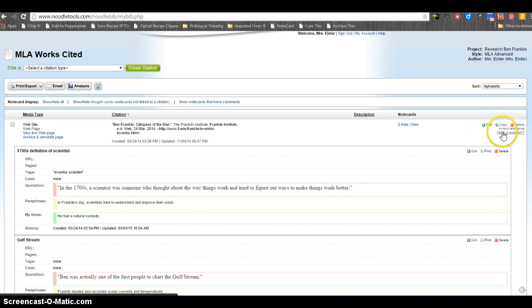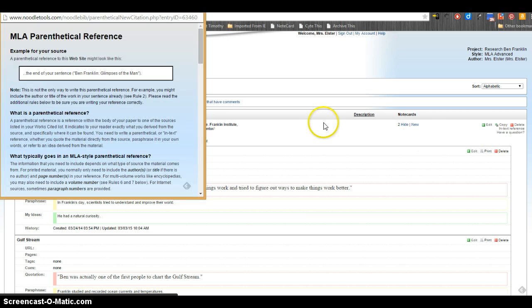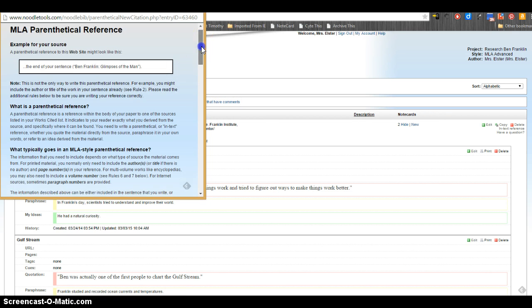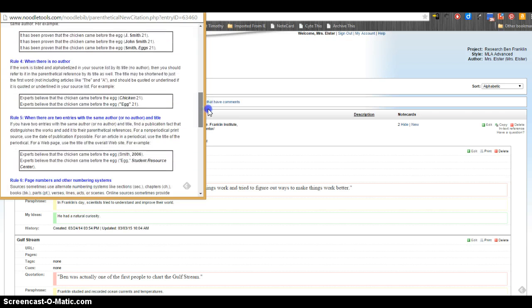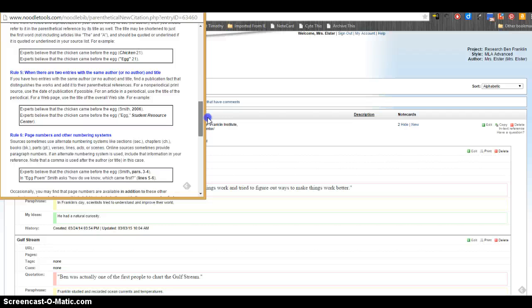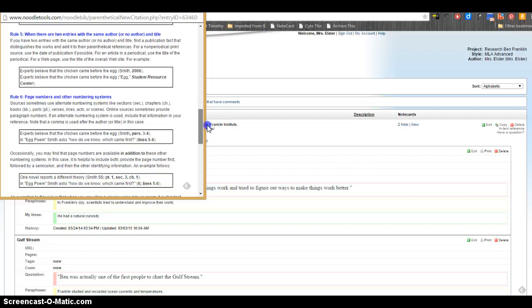And then we have right here, in-text reference. This is what I'm talking about. If you will click that button, look what happens. You get a window that opens up, which is going to give you lots. If you read this, you will find basically all of the ways that you might end up referring to that